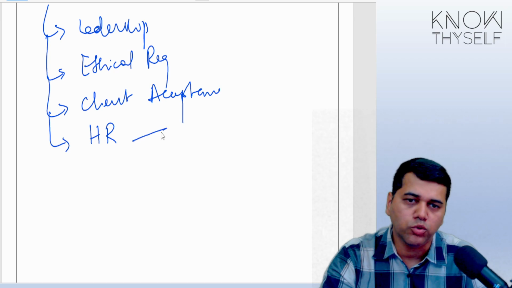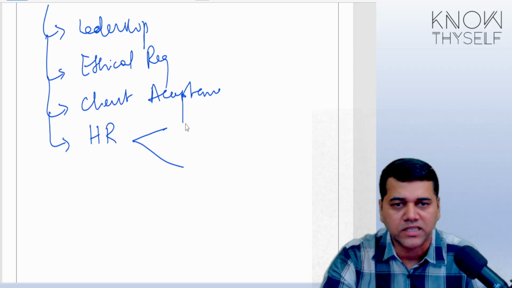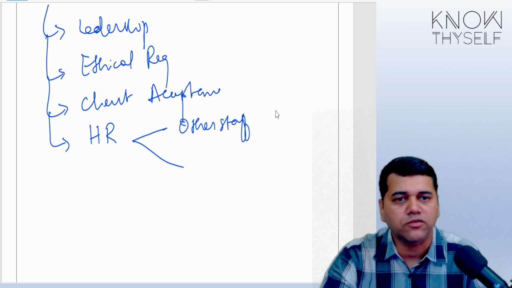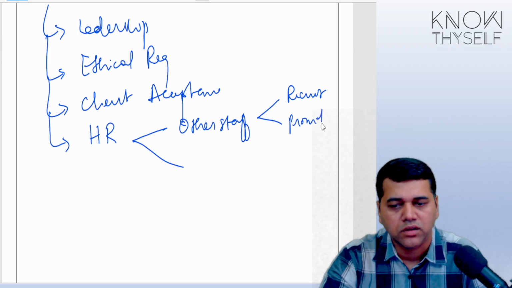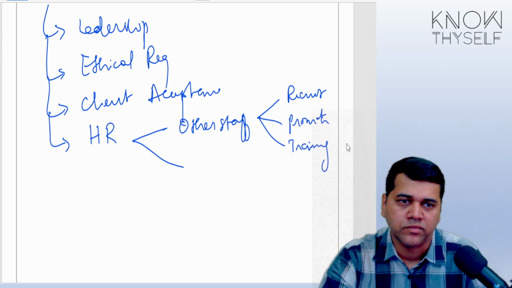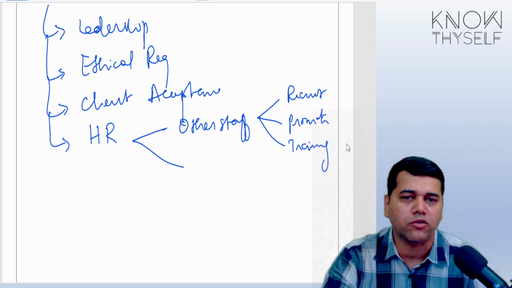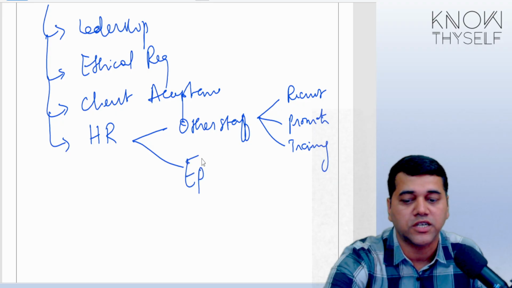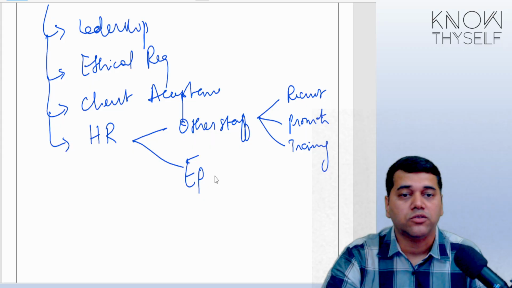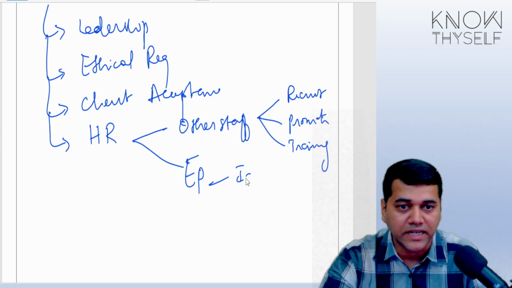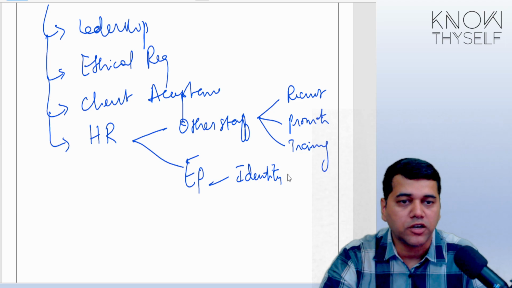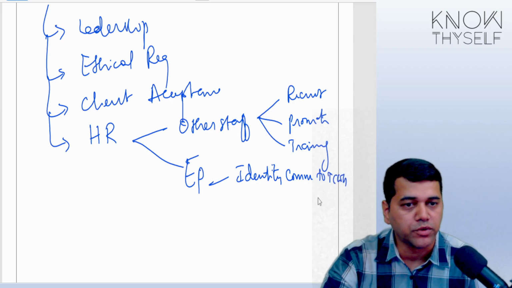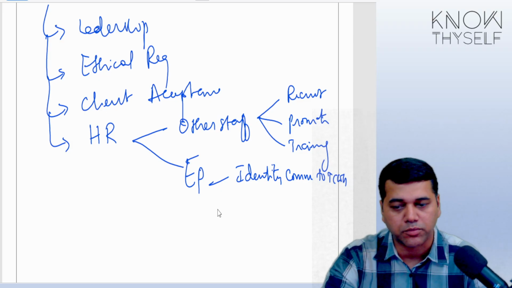So primarily we have got two elements in HR. One, all other stuff. For staff, you need to have a recruitment policy, promotion policy, training policy, etc. This is even for an engagement partner also you have got. But for an engagement partner, which they have given in the study material in the form of a box, what you need to have, first thing, is the identity of the engagement partner to be communicated to TCWG. The first thing is identity has to be communicated to TCWG. Who has to do this as part of the HR procedures?